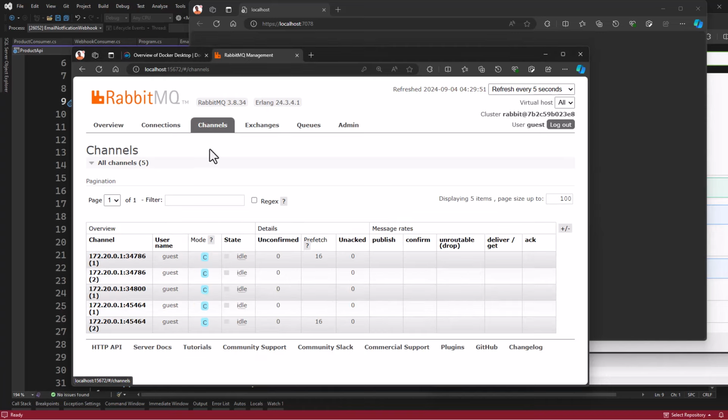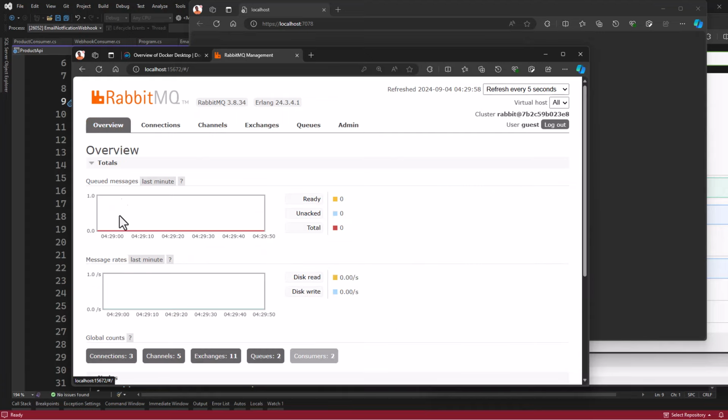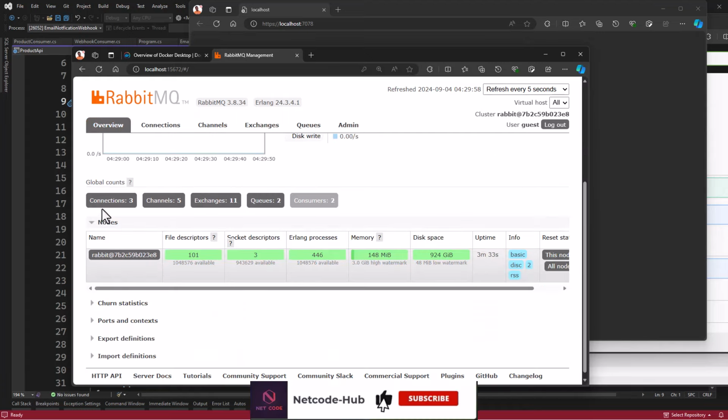And when you go to channels, we have all this. This is the username specified. When you go to overview, we have connections here is 3, exchange 11, queues are 2, right? We have them here. Now the next thing we're going to do here is,